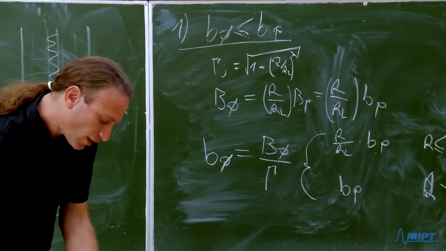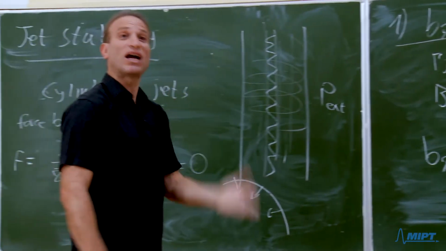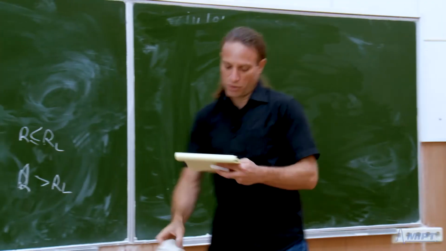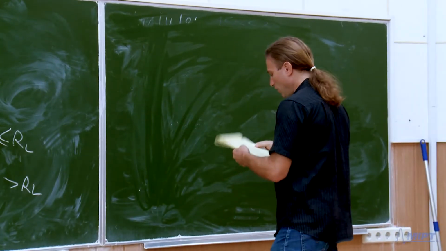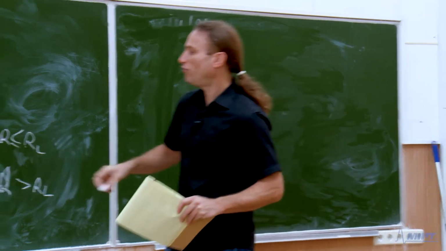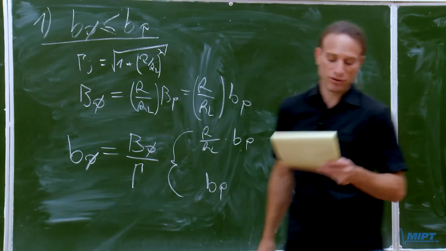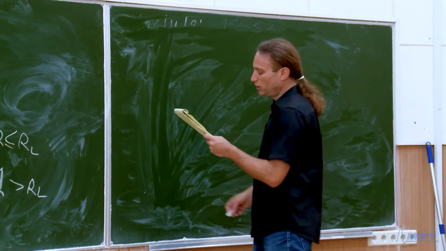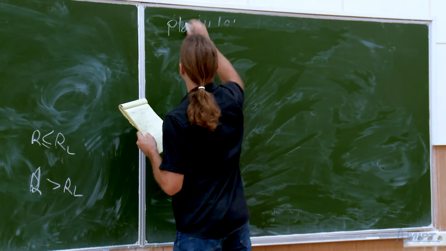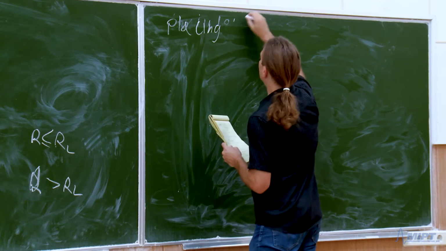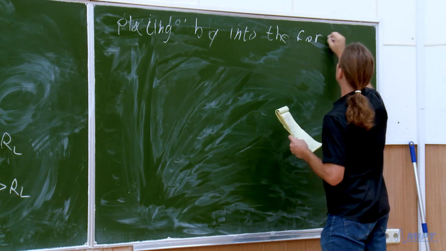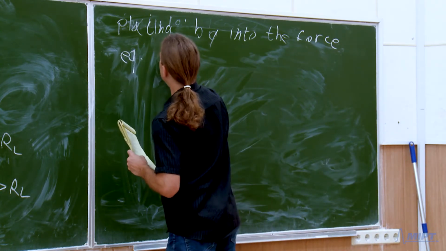Okay? But if we have that, and we want to see the structure, we can just take this and put it into the differential equation and derive a structure of B phi and BP as a function of r. So we place that in the differential equation, and what we get is that if you put BP into F, I will just write it down because we're starting to be shorter with time, but you can do it and it's in the note. So placing B phi into the force equation and solving it,